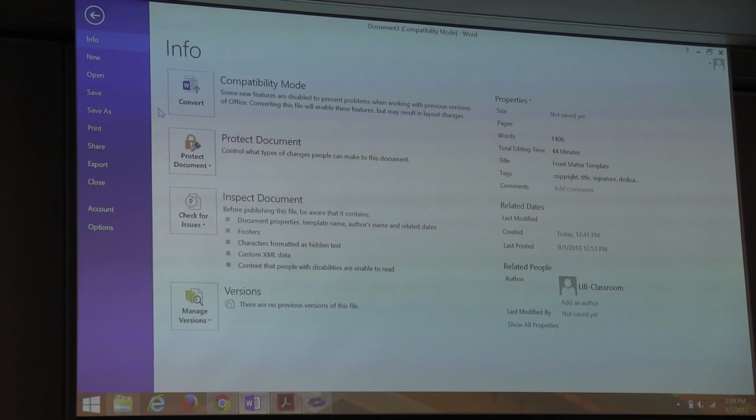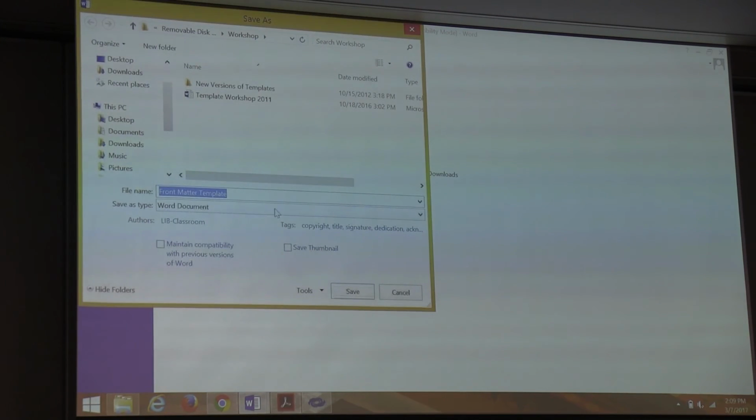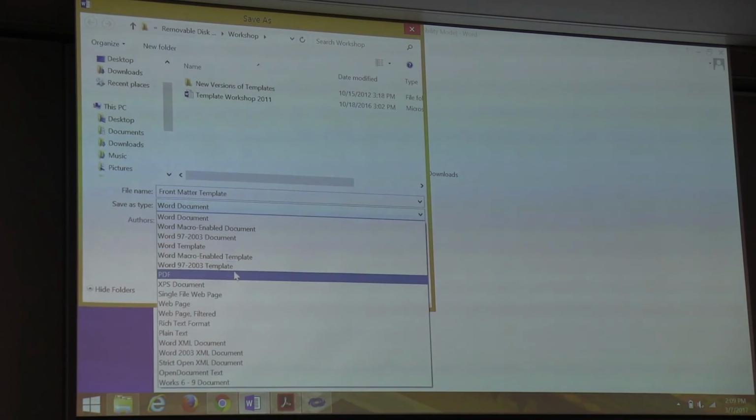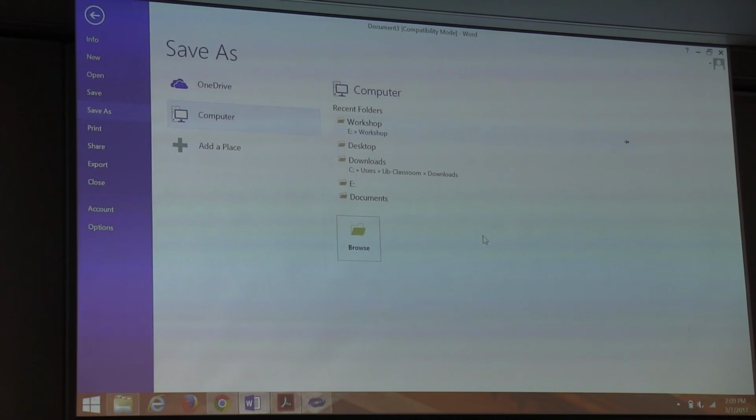And it used to be a real bear to save it as a PDF, but anymore it's as simple as save it as, and then rather than a Word document, save it as a PDF. And that should come out just fine. And then that's what you will upload to us.